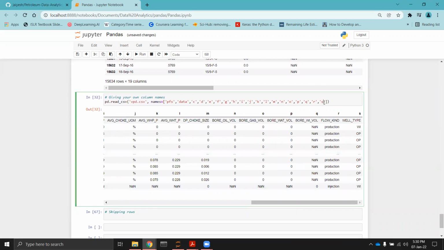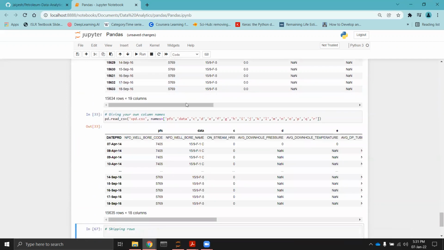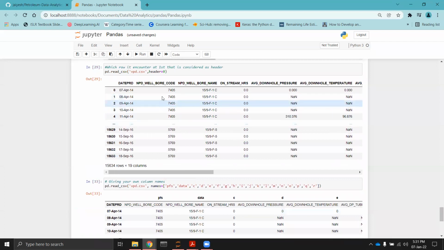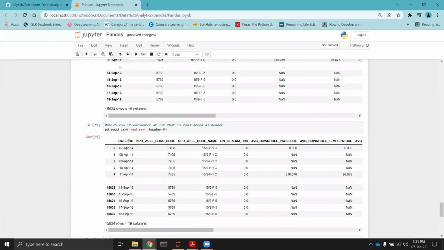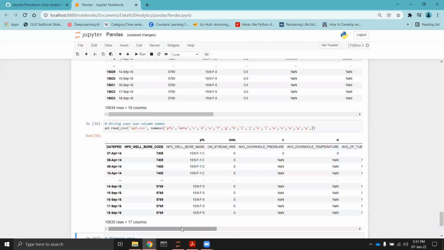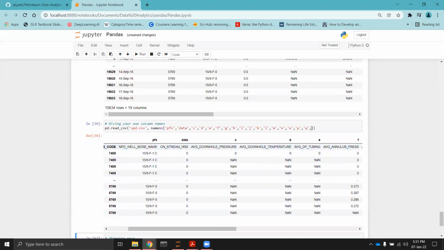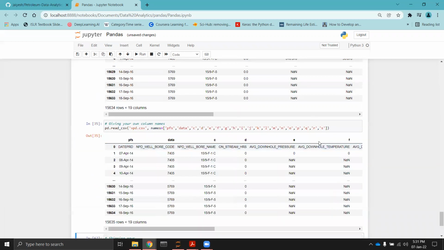Now what will happen if I reduce it by 1? 19 columns were present, but if I only provide 18 names, in that scenario it will take the first 18 columns and give them names, and the last one, you can see, is left as the index. Let us take 17. Here you can see the first two were left out, and names start from the third one. So using this, you can provide custom names for the columns of your data frame.